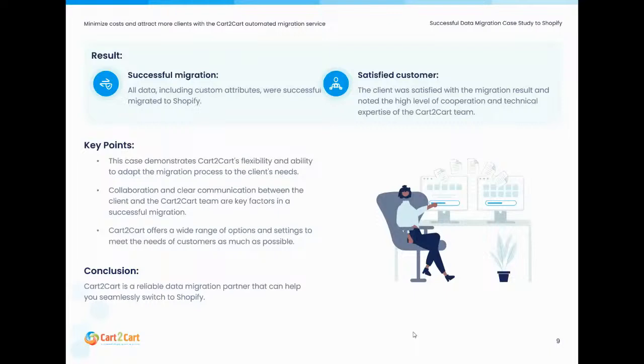Please mind that during the investigation process, for example, if we discuss some customization and confirm it, it's important to rerun the test transfer and show you exactly how this customization will work and be reflected on your target store, as the full migration will work exactly the same as a test transfer. So we completed this last demo migration, and the client and the store owner confirmed all the details, and we proceeded with the full initial transfer.